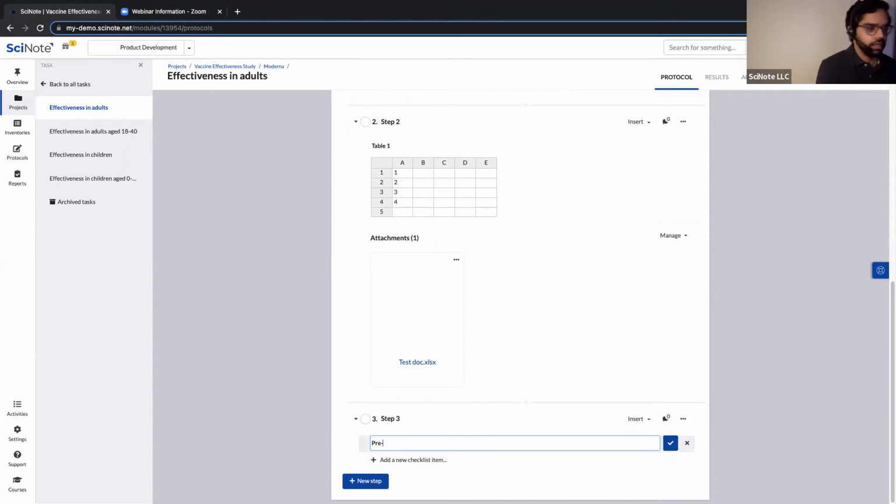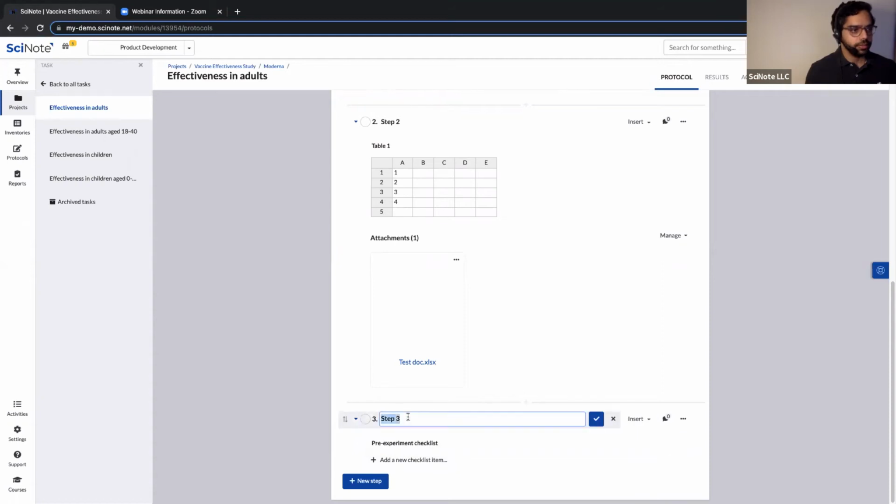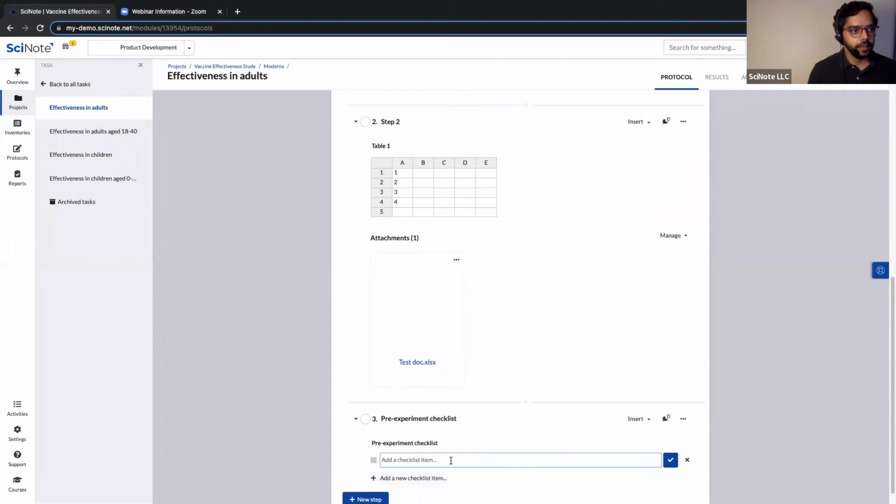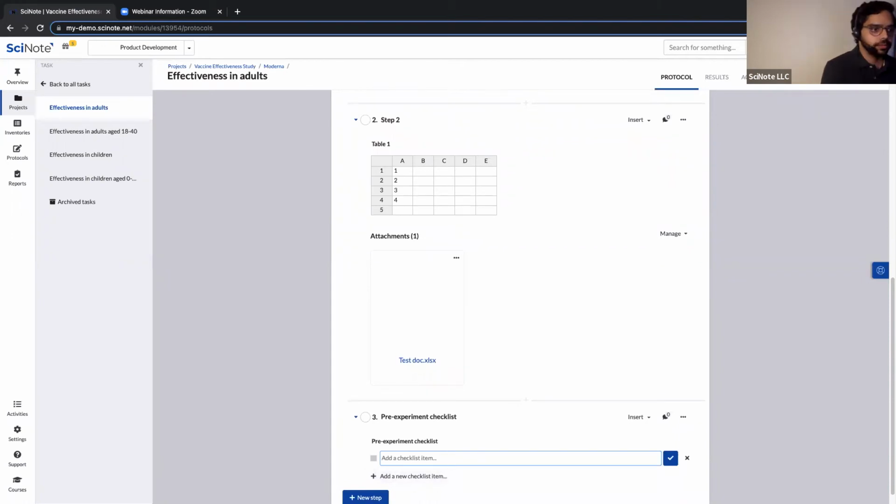Let's say, for example, you have a pre-experiment checklist. I'm actually going to go ahead and change the name of my step as well. And to add items to your checklist, you just click Add a new checklist item. Say check sample